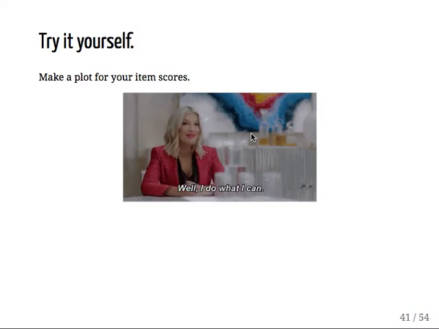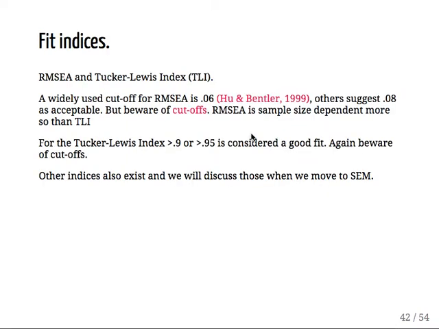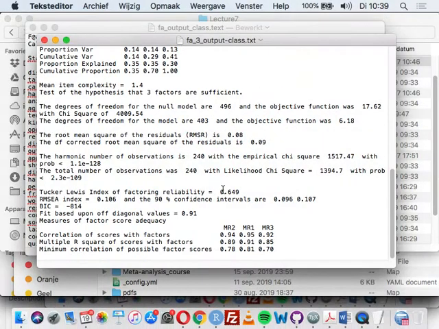So you've done this factor analysis now on the structures, but the question is whether it's a good fit to the data. And in this very massive output file, you'll have something which is the RMSEA and the Tucker-Lewis index. So if we go and look at a text file,